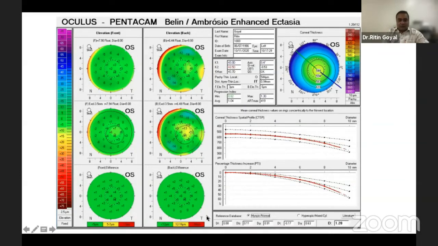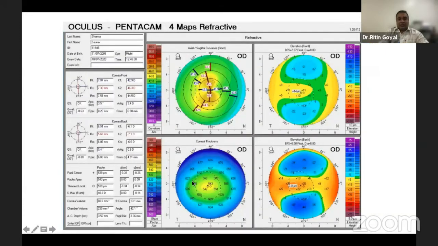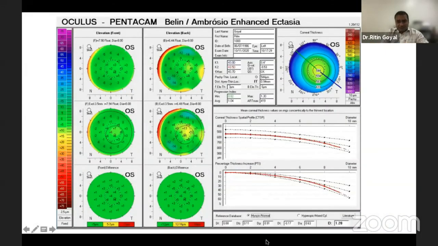So that covers the first 2 indices. The next 3 indices are pachymetry indices. What it's actually using is the pachymetry map that we had just seen here. This is the main basis for all of these 3 indices. Now, if you look at these 3 indices, what are they? The DT, the third index, is just the absolute value of the minimum corneal thickness. If it's less than 490, you'll probably get a yellow. If it's less than 470, you'll probably get a red.